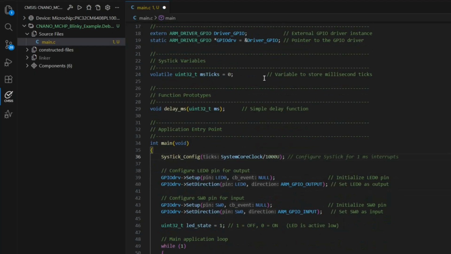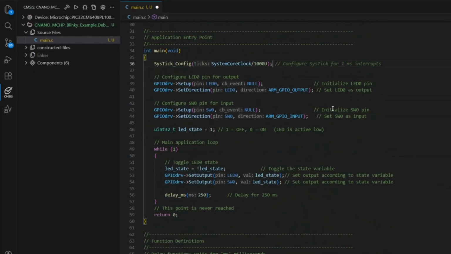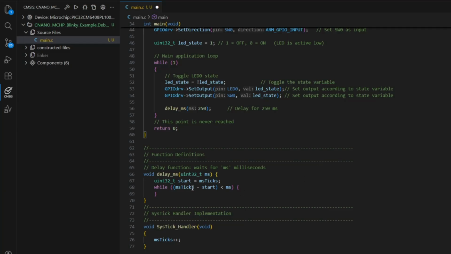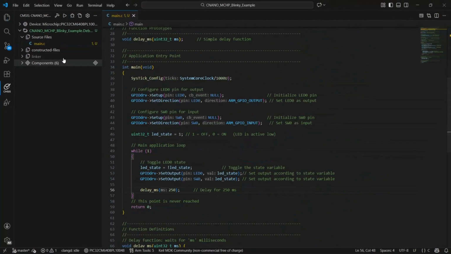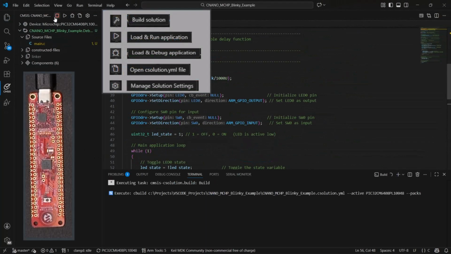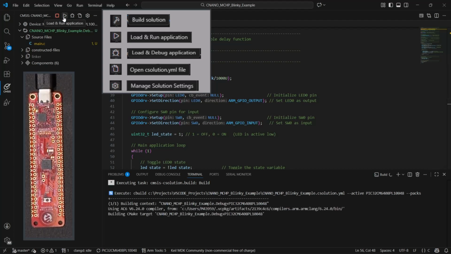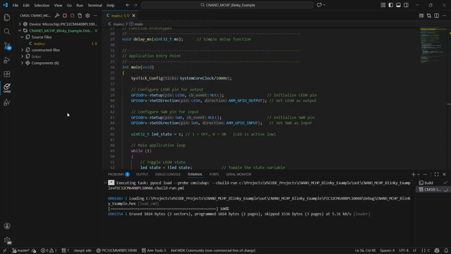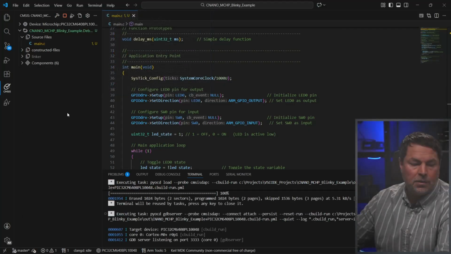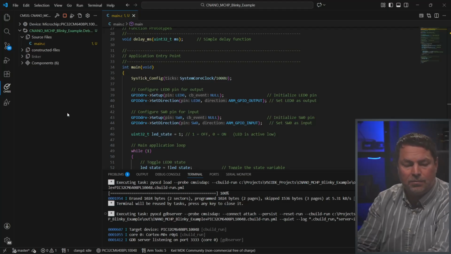Delay milliseconds tick, and that indicates to me that the ticks are implemented with a SysTick, and we have a delay of 250 milliseconds, and we're just toggling the LED output. Okay, so let's build and run. Okay, and there our LED is blinking, and I would guess that that is 250 milliseconds, but how would we